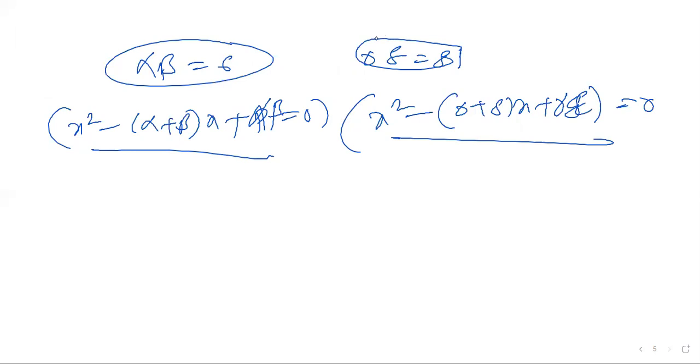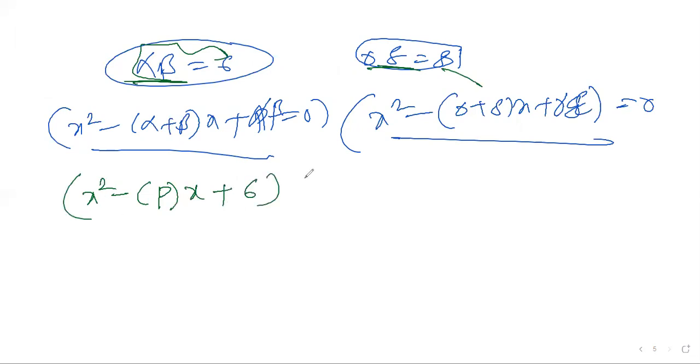For this, what did they mention here? Alpha beta I have substituted as 6. Here x square alpha plus beta, I'm taking it as p for my convenience. Nothing wrong in that. Plus 6 into x square. I'm taking it as q for my convenience because when you're doing it, it becomes complex. That is what I'm taking. Still clear?